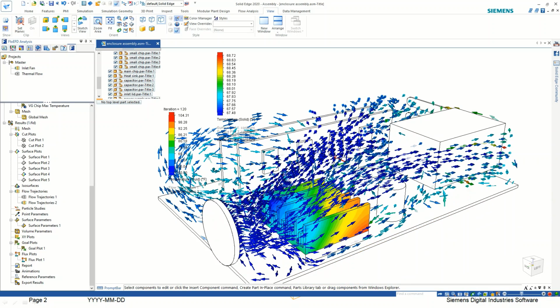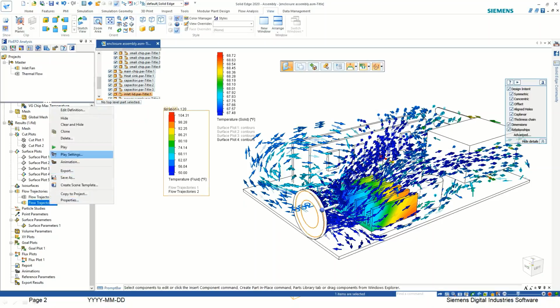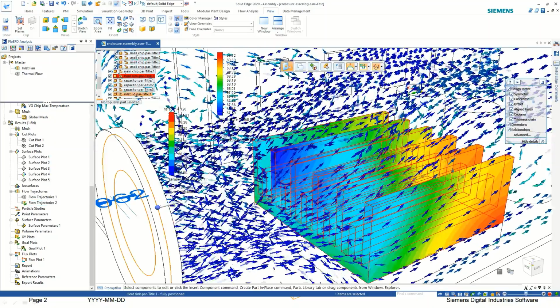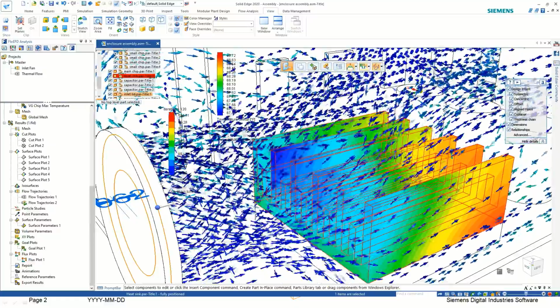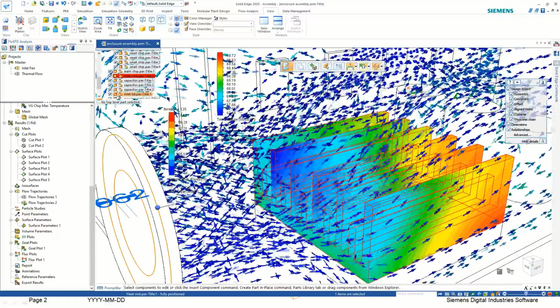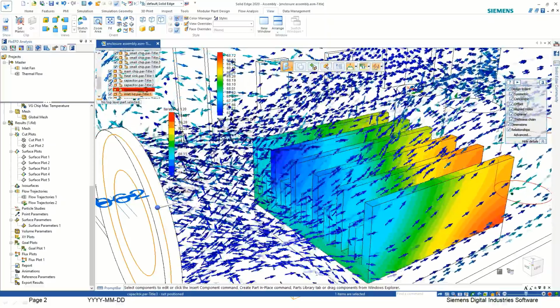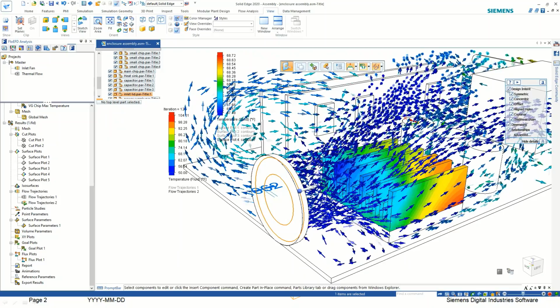Let's play this, and you will see it. So it will move upside. So because of that, this is not cooling the back side of this heatsink. So this is the first investigation,